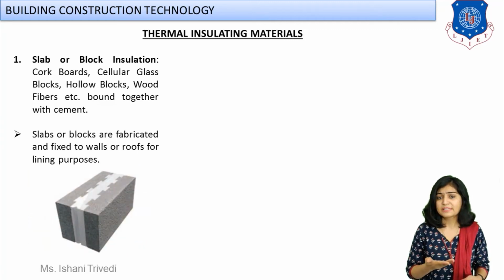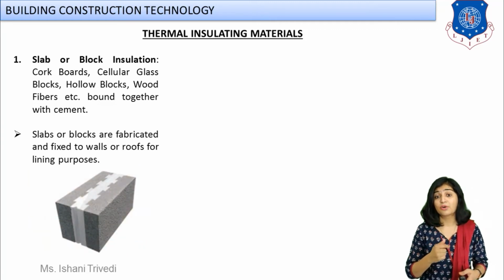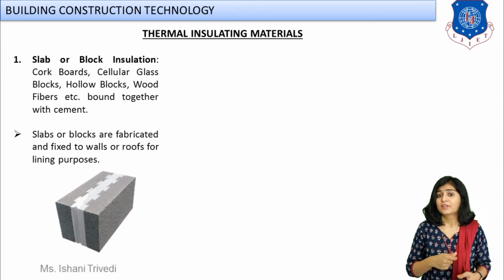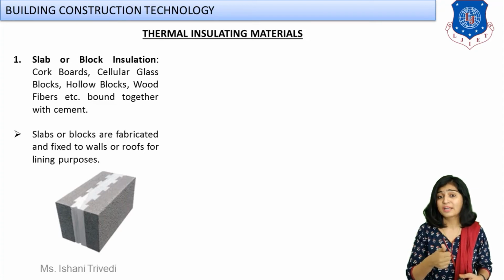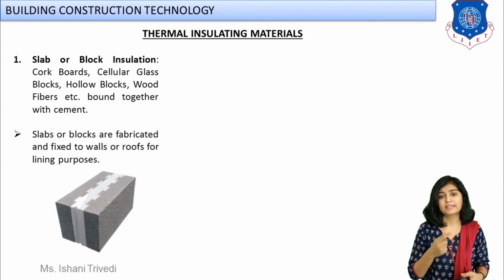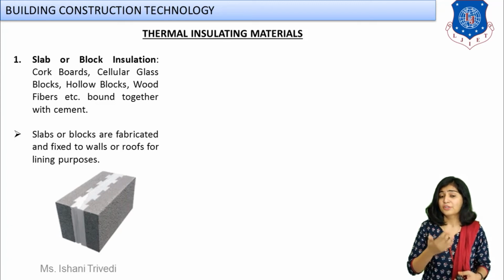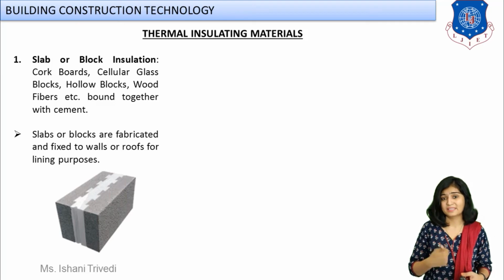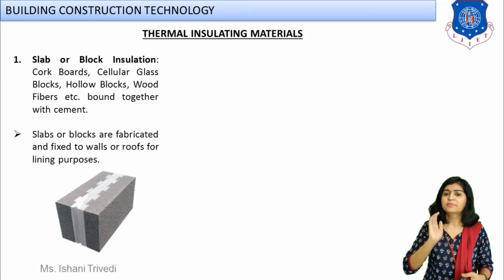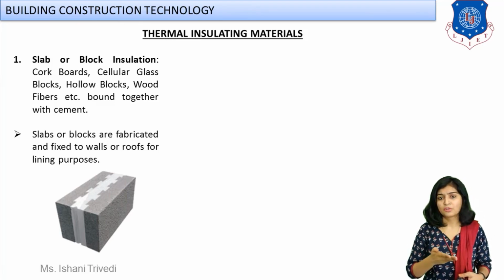Again, second you can see students, if you remember the hollow concrete blocks, right? If you remember the cavity walls, it was having the major advantage of thermal insulation and sound insulation, right? So for the exposed walls, cavity walls can always be provided. You can also provide such paints which are thermally insulating. It will absorb less heat energy, and apart from that we have these materials, that is hollow block, that is